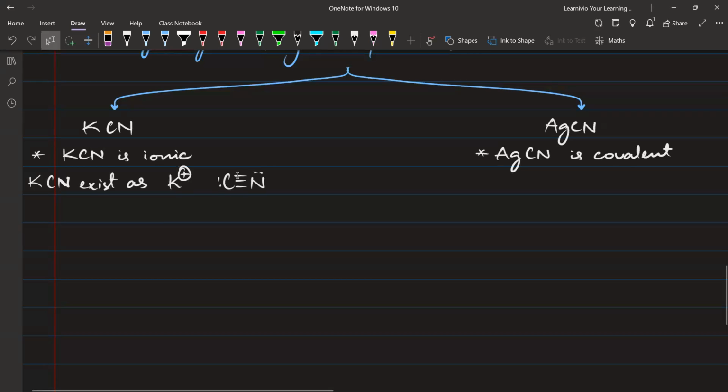Both of these have lone pair electron and there is a negative charge overall, है ना? अब यहाँ पे both carbon atom and nitrogen atom are able to donate the electron, but AgCN, since it is having a highly covalent character, Ag is going to have a bond with carbon, and this carbon will be triply bonded with nitrogen atom, and this nitrogen atom is the only one which is able to donate the electron. ठीक है, so AgCN is covalent, and you will write AgCN exists as